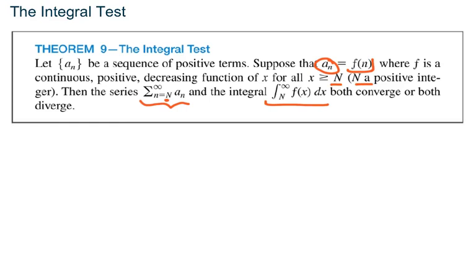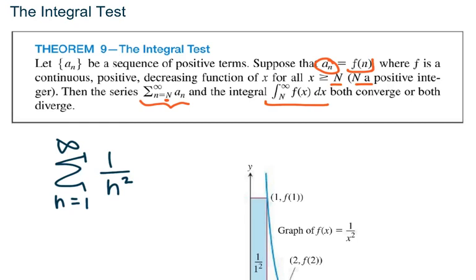And so just to repeat, what we're doing when we use the integral test is we're letting the nth term be a function of n or x, starting at some value. We normally say from n equals 1, so our capital N would be 1 to infinity. And if the integral converges to a specific value, then the series would also converge. Similarly for divergence. And so if we think about the example where we just showed that this series converged to 2 from our last video,